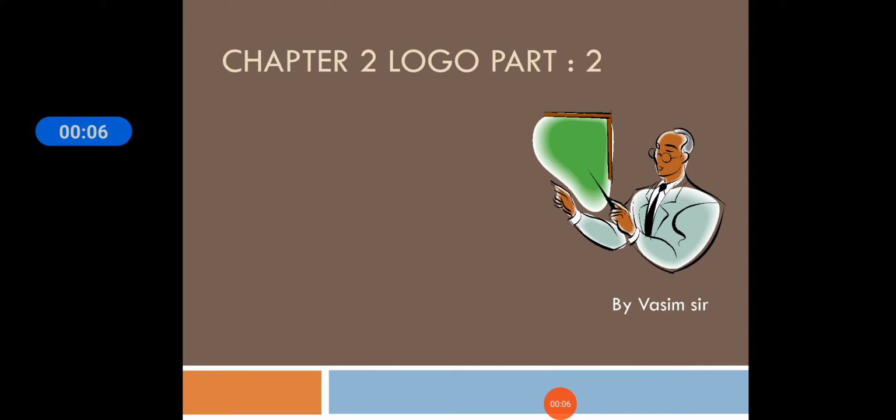Today we are going to start our new chapter, that is chapter number 2, Logo part 2. So all of you know what a logo is? Logo is a software, right? And what is it used for? It is used for creating beautiful drawings. When you are typing the command, you are giving the command to the computer, and the computer executes that command and processes the drawing. Okay, so let us see.